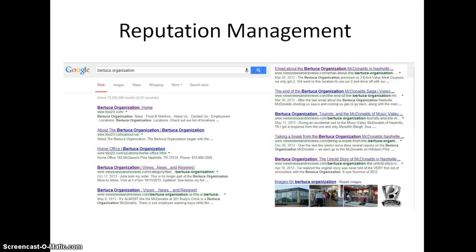We also do reputation management. What's reputation management? Put simply, reputation management is how your business is perceived on the internet. In this particular example, we can look up a company called the Bertucca Organization. They were Nashville's largest McDonald's franchise at one time. And what you see is that the page is filled with results from views, news, and reviews.com, which you might think is good. But when you click over,